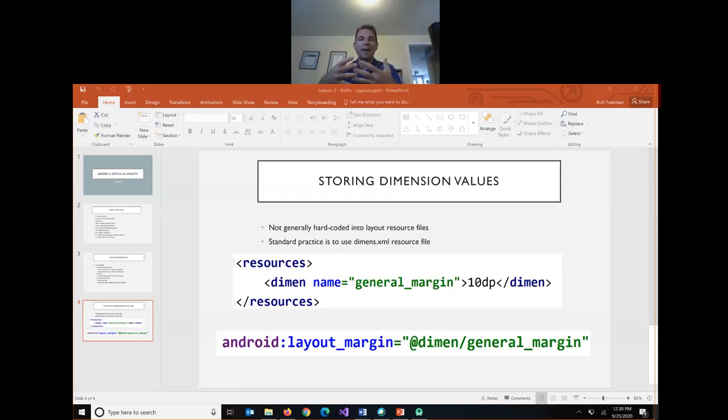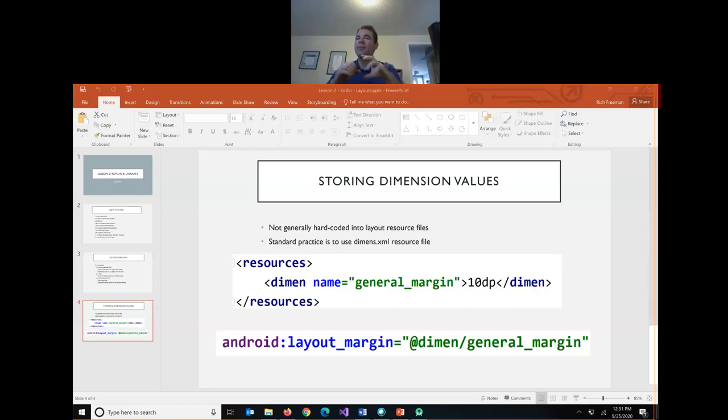So things like the text sizes for buttons. If we have 20 buttons in the app, we don't want to define every button text as being 14 dp. Because if we want to change those button sizes, we then have to go into every activity and every button and change it. So kind of like a CSS file. We could use styles, but generally the Android practice is dimensions in DP and SP actually are stored in their